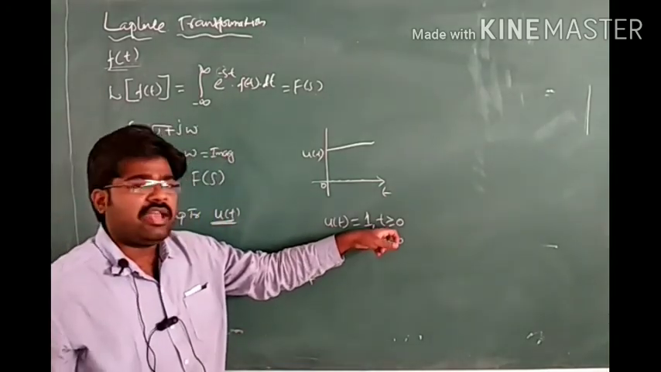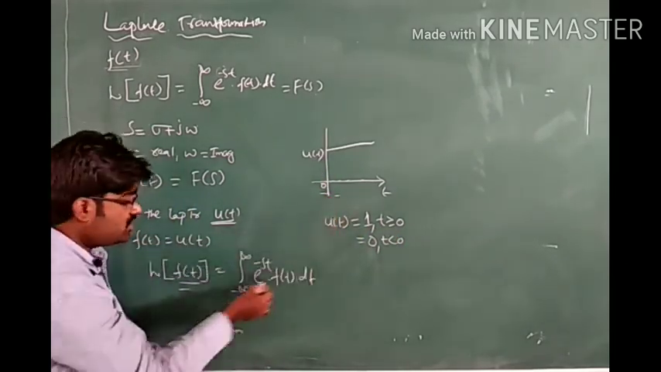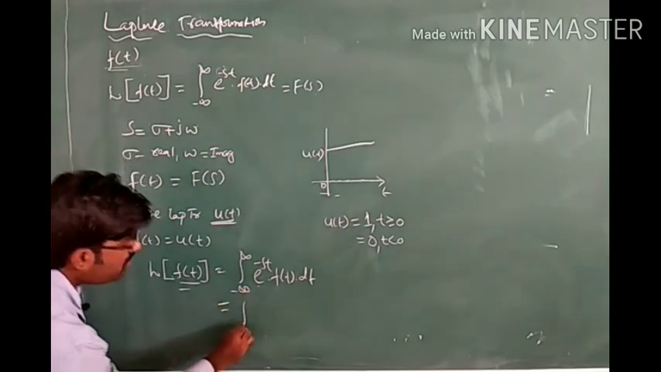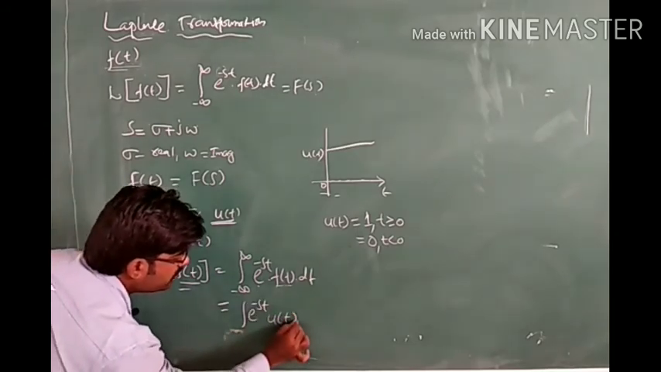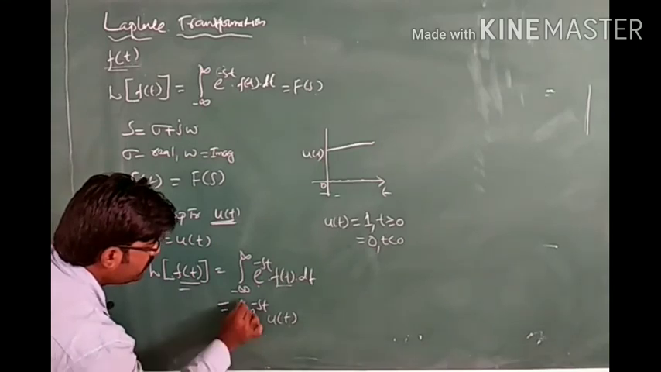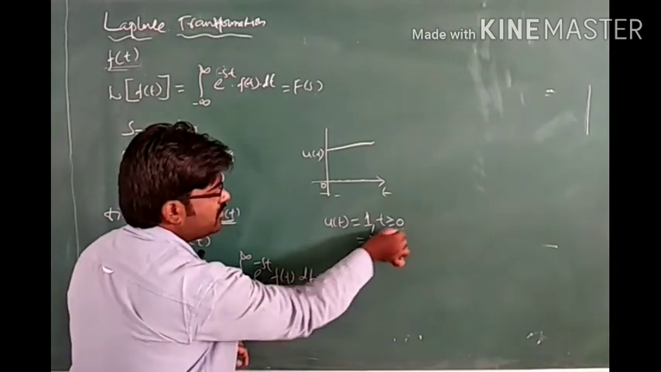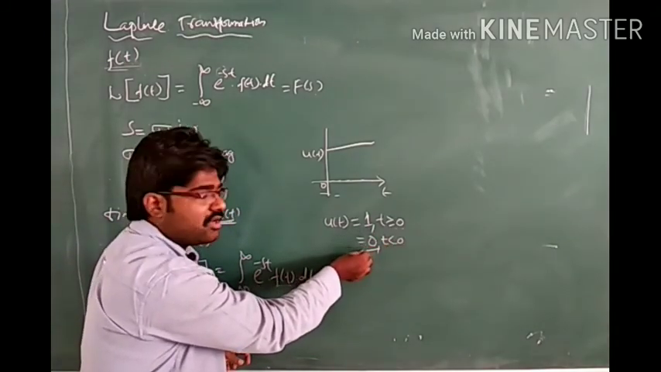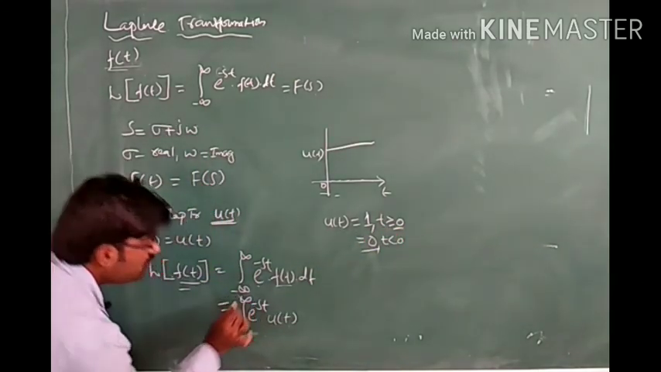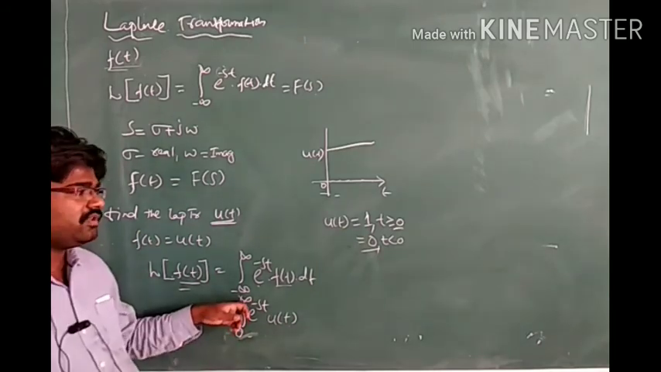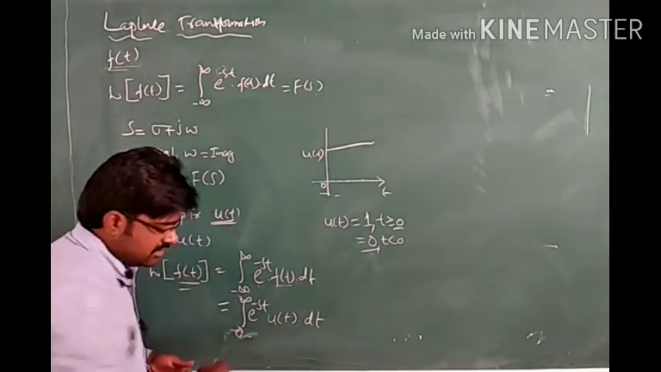It means if t is greater than or equal to 0, the value of u of t is equal to 1. Substitute this definition here. So here we have e raised to minus st, and f of t is u of t. The limits change: below 0 it has a negative value, above 0 it has a positive value, so the limits become 0 to infinity. From 0 only it is having positive values, into dt. This can be further written as,